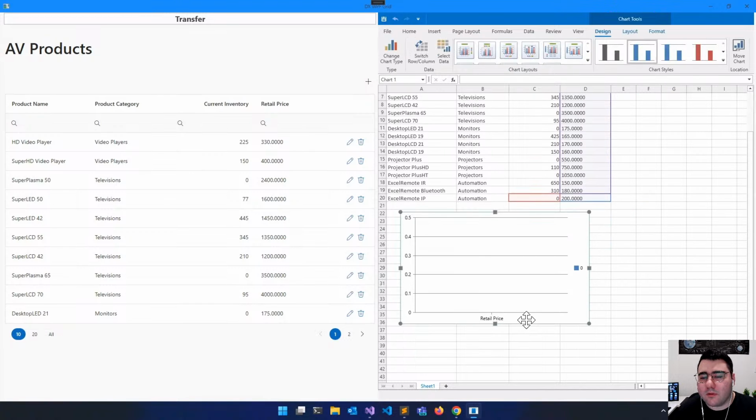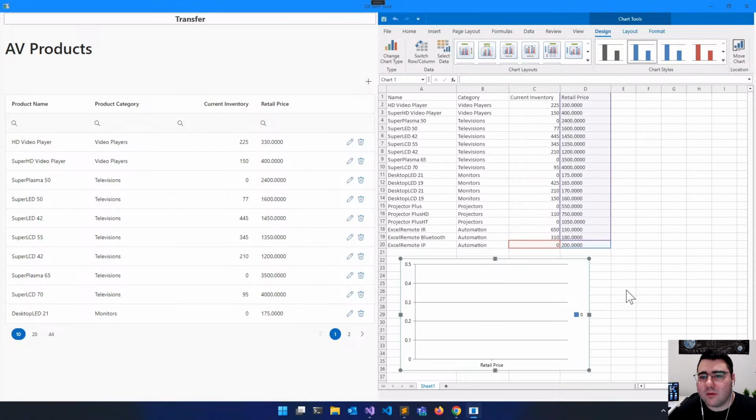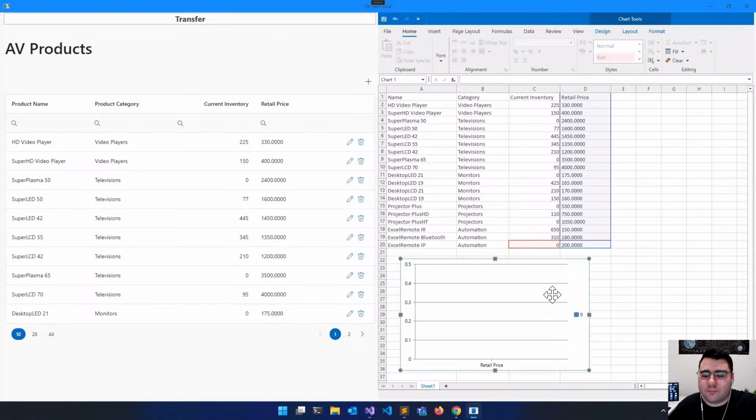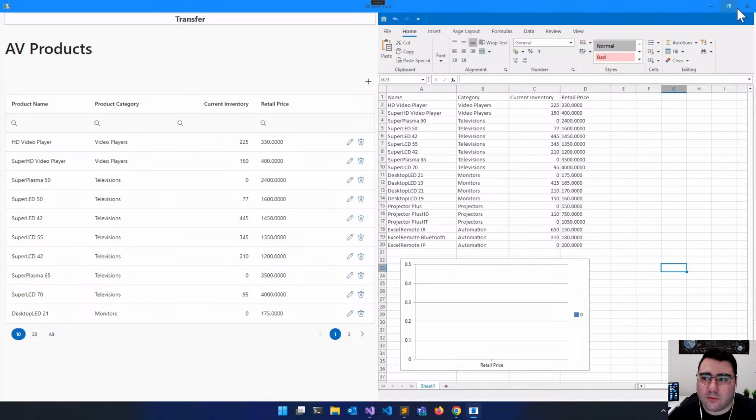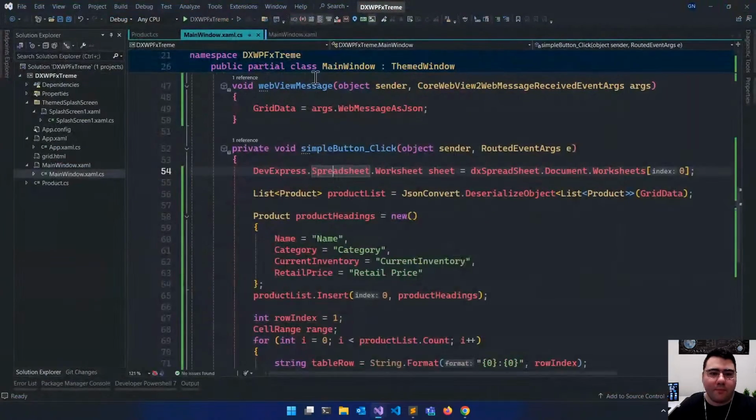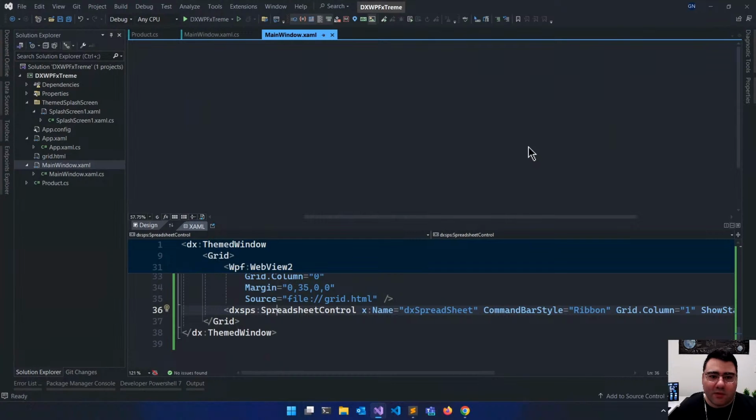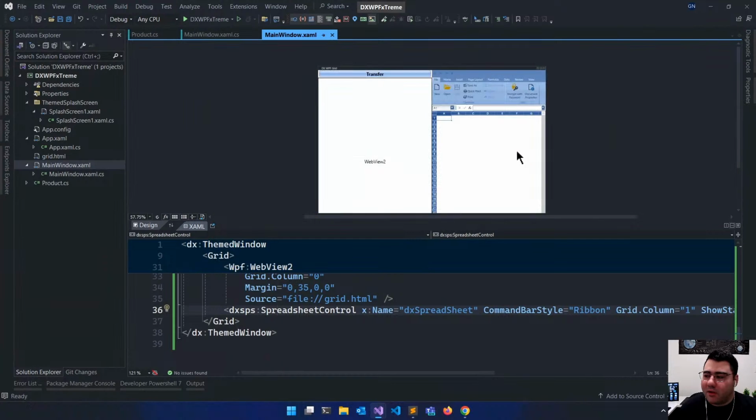Gregory, could you show a theme change in the application? People are asking if we could change the theme of the app. For the spreadsheet, yeah, we can go ahead and do that. So I'll go ahead and close that. So if I jump back to the main window .xaml here,